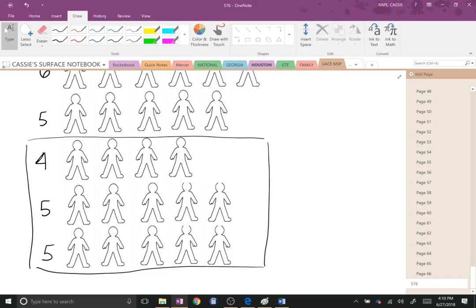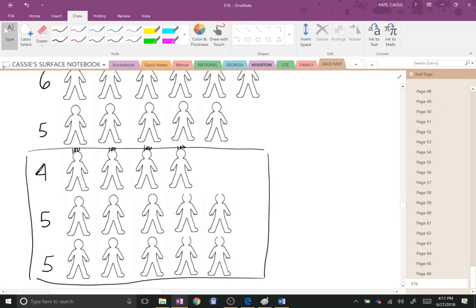Okay, so let's just pretend that there are only 4 people in one of those districts, 5 people in another, 5 people in another. You know what? Better yet, sorry, changing my mind here. Let's pretend that each one of these little guys represents 100. Okay, 100 people. So there are only 400 people in that first district, 500 in the second, 500 in the third. Okay,